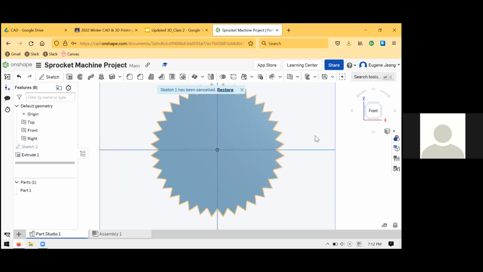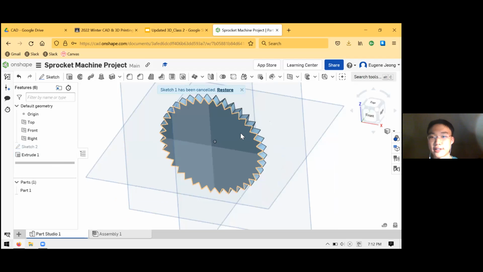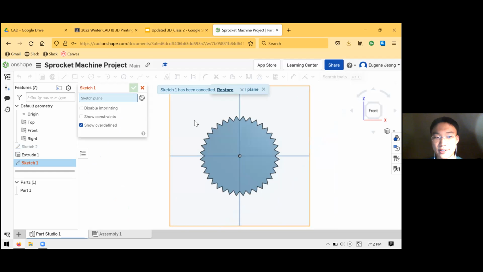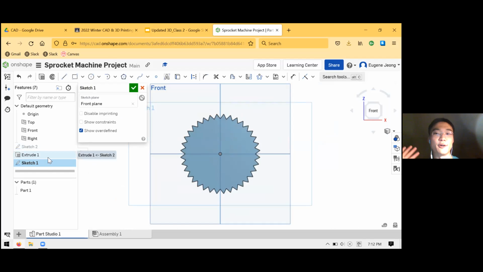So yeah, you can have as many sketches as you want, and your sketches can be in different planes. They can be in custom planes that you make. Maybe I didn't make that clear before, but you can always create a new sketch if you want to. And you should also always be careful to know which sketch you're working in, because that can sometimes cause problems. But